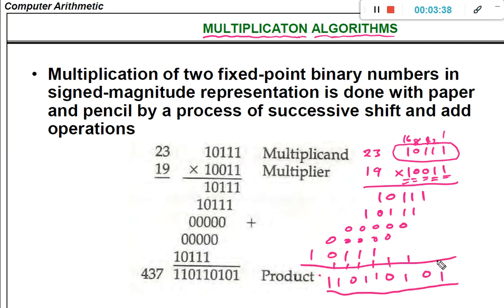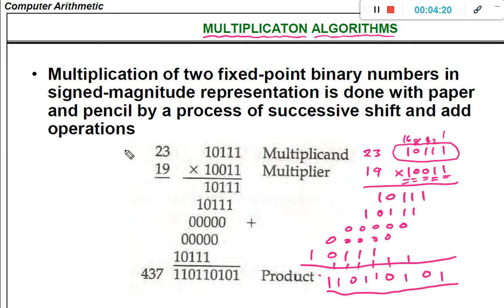We already know how to perform this type of multiplication, but as far as the computer is concerned, it is difficult to perform multiplication like this, because we need to store all the intermediate results in specific registers. That is the basic problem. So to avoid this problem, we will alter this process somewhat, so that it will be easier for the computer system to calculate the multiplication of two numbers.